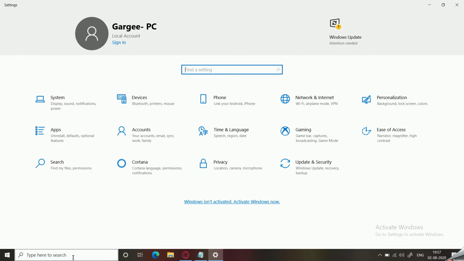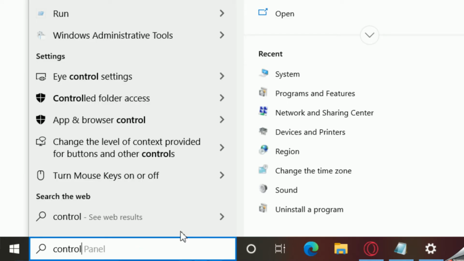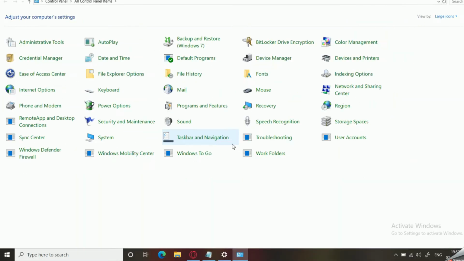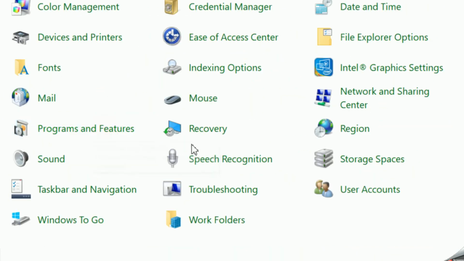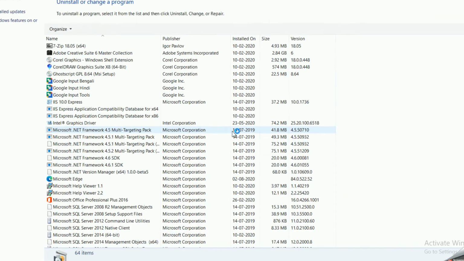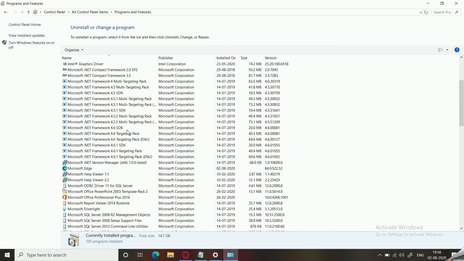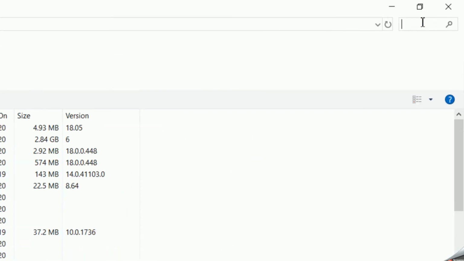You can simply go to the search box. You'll find a search box there and you can type control panel and you'll get the control panel option over there. You can click on it, and once you click on it, you can click on this option over here, that is programs and features. When you click on programs and features, you will get this dialog box where you will be able to install or uninstall any program from your computer. So in order to check whether Python is there or not, we are going to first type here Python,